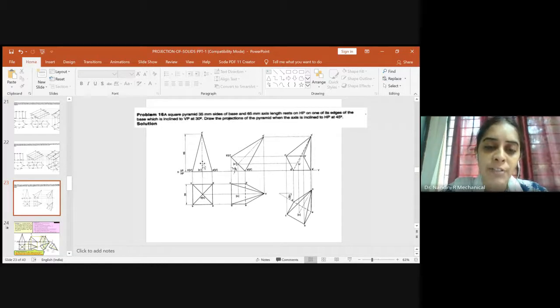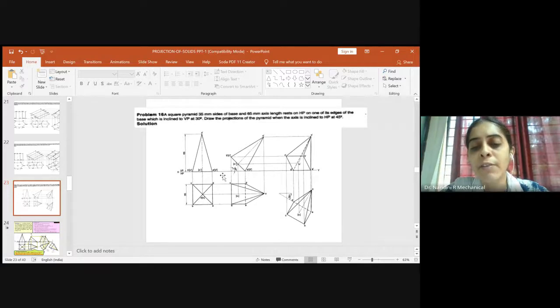In the first stage, the axis will be assumed to be perpendicular, and in the second stage, the axis will be inclined to HP. So in this question, the inclination to HP is 45 degrees. So you will take the 45-degree line and show the axis line pattern. Once you show the axis line pattern, you measure the distance from O1 dash to A1 dash, how much it is, and keep on moving on this axis line until that distance cuts on our XY line. Okay, so once that cuts on our XY line, you get these 2 points.